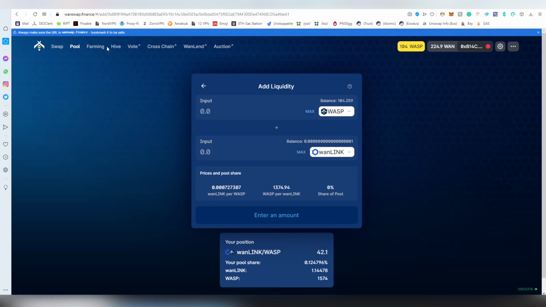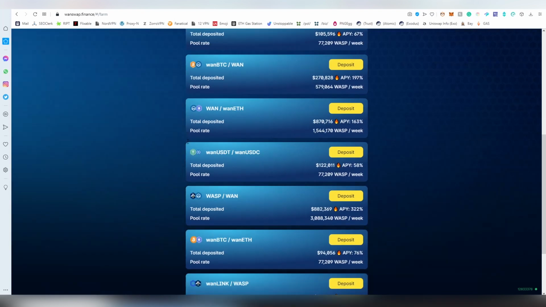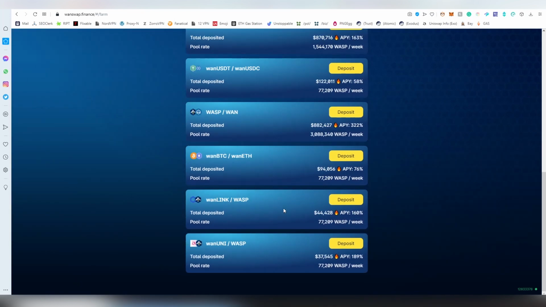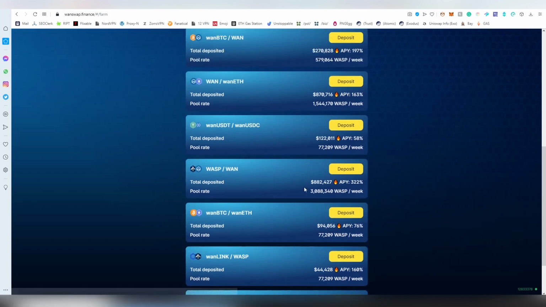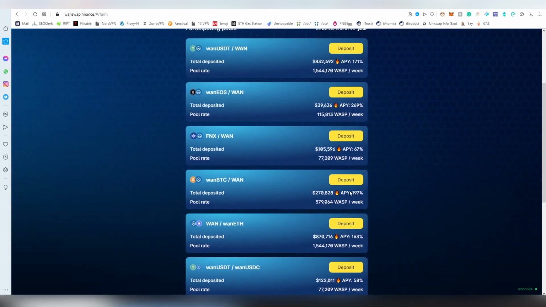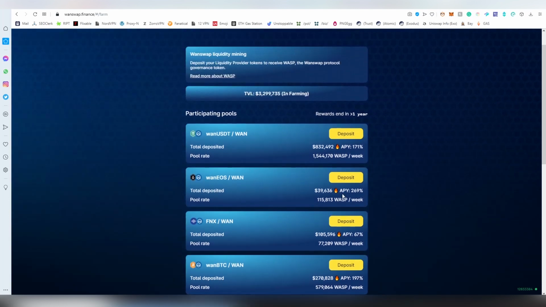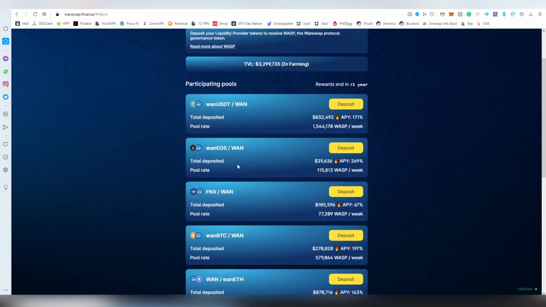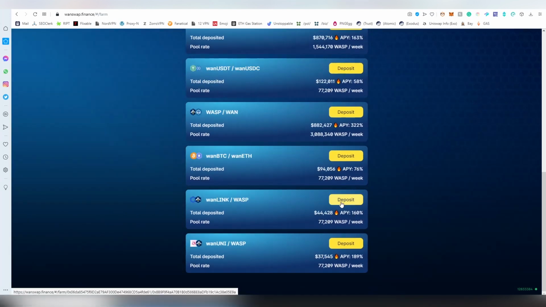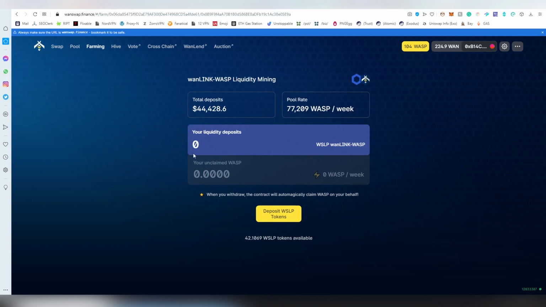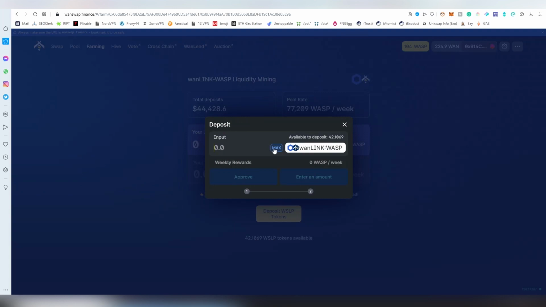Now we're going to go into the farming, and we're going to be depositing the ones that we just created. And this is 160% APY, which is pretty much one of the larger ones. WASP and WAN is 302%. That's also pretty high, 197% on BTC and WAN, and EOS and WAN 269%. But we obviously want the Link one, so we're going to be depositing our tokens here, and it should be deposit and max,